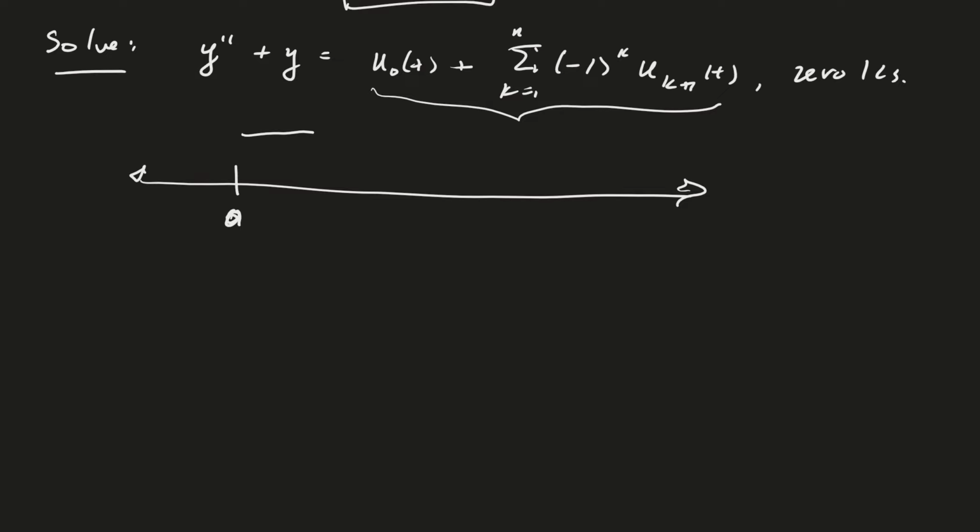And then something's going to happen at time, what time? At time pi, right? So at time pi, what happens? Here we'll have 1 minus, so this is going to be a minus, and then u sub pi comes on, so that'll be a 1 minus 1. And so that'll,